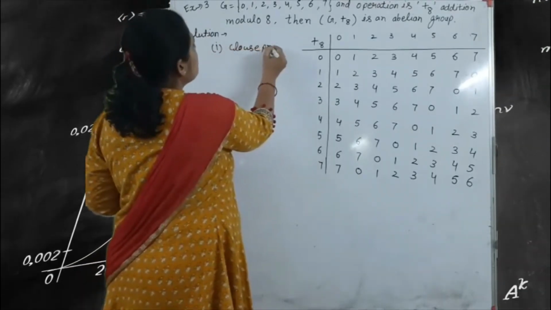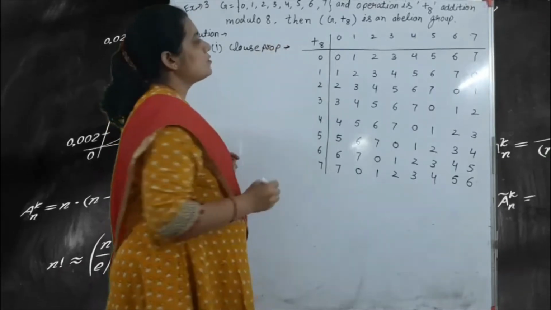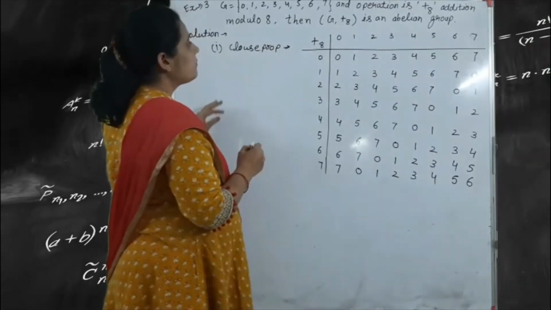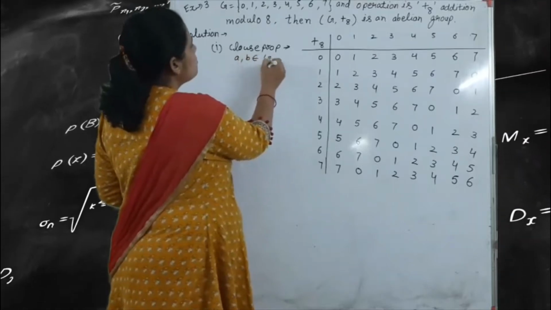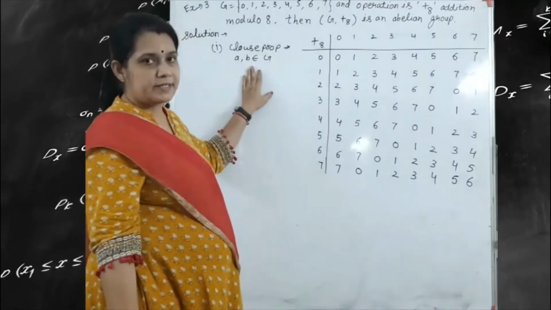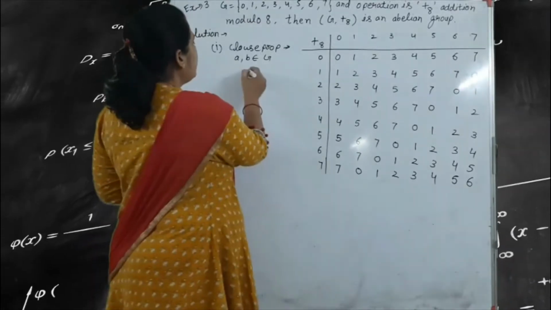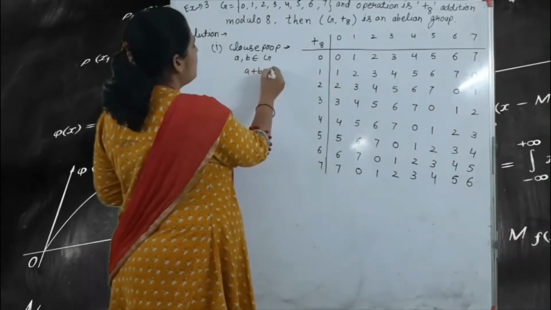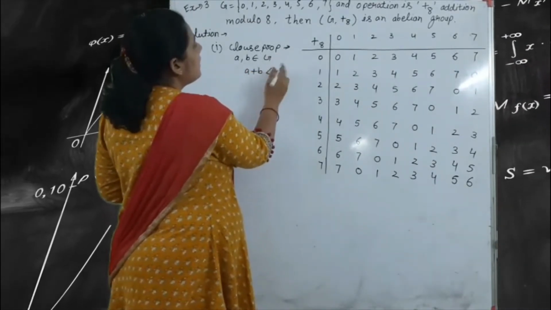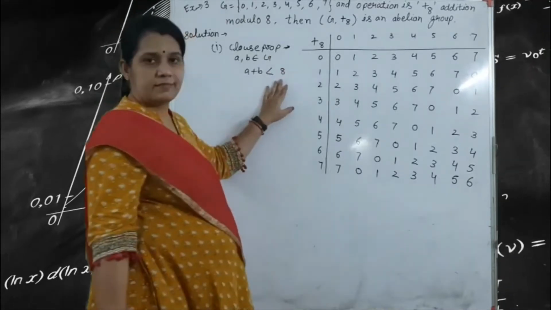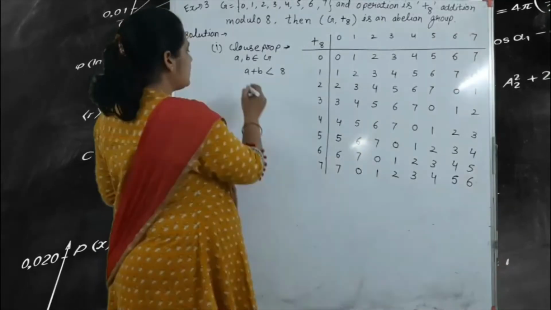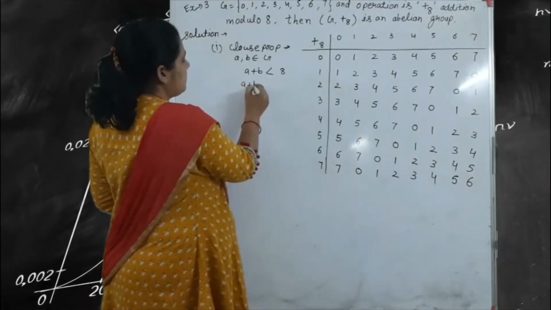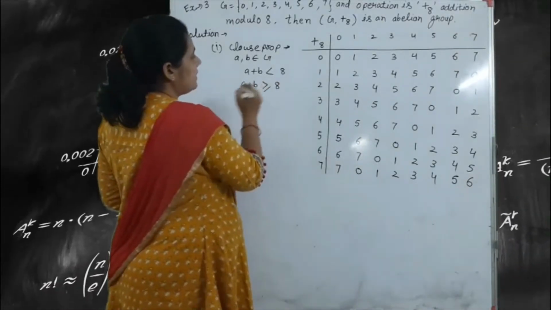Okay, so closure property, that means what? The closure property is that if A, B belongs to G, for example any two elements belong to G, then A plus B is always less than 8 under addition modulo 8, so you write that number here. But in case A plus B is greater than or equal to 8,